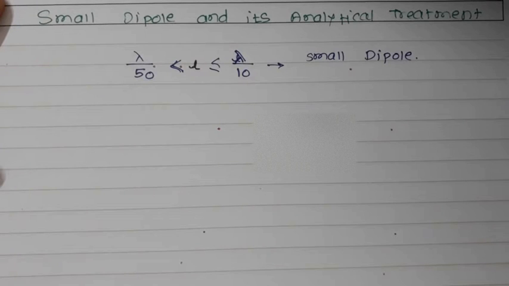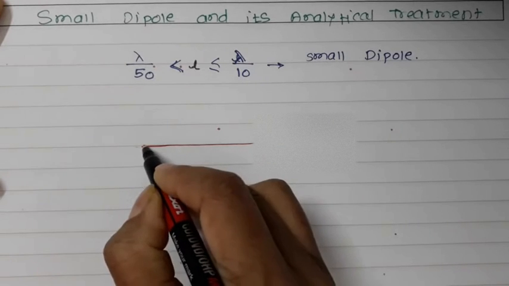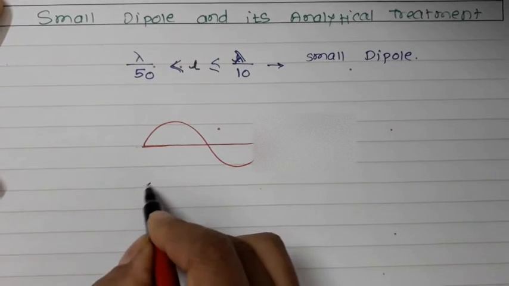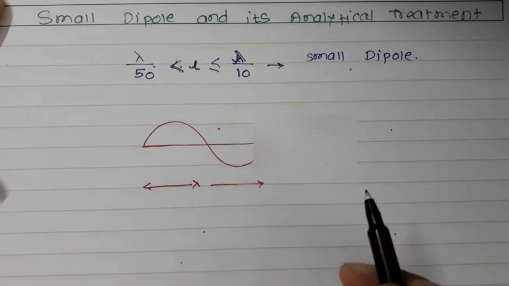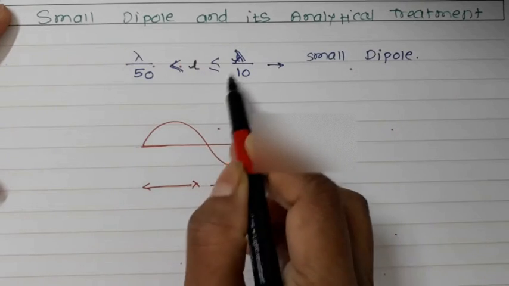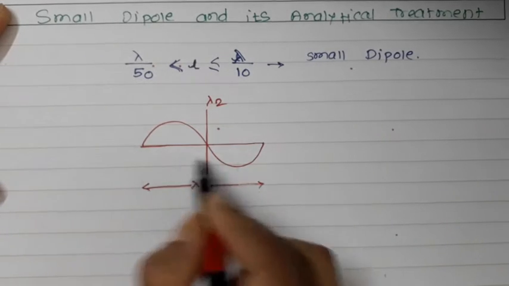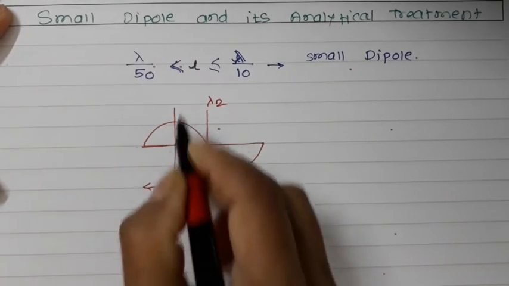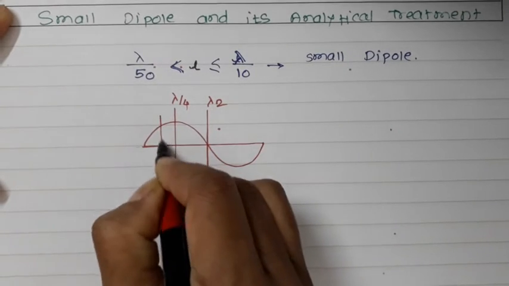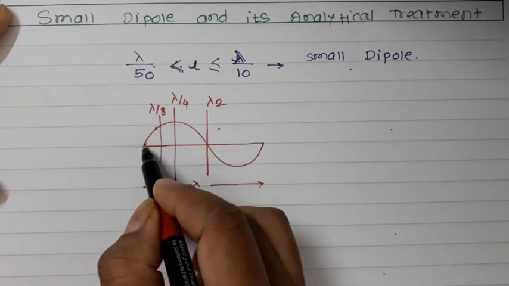Now whenever we are talking about the small dipole, we must understand what kind of current distribution is there on the dipole. This is nothing but the current waveform which has the wavelength of lambda. When we are talking about the small dipole, we say that its length is less than or equal to lambda by 10. So here this will be lambda by 2, this complete wavelength will be lambda, half of this will be lambda by 4, again half of this will be lambda by 8,